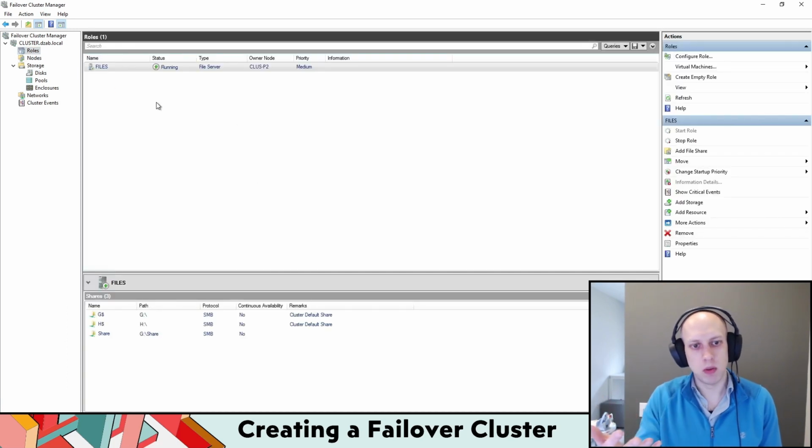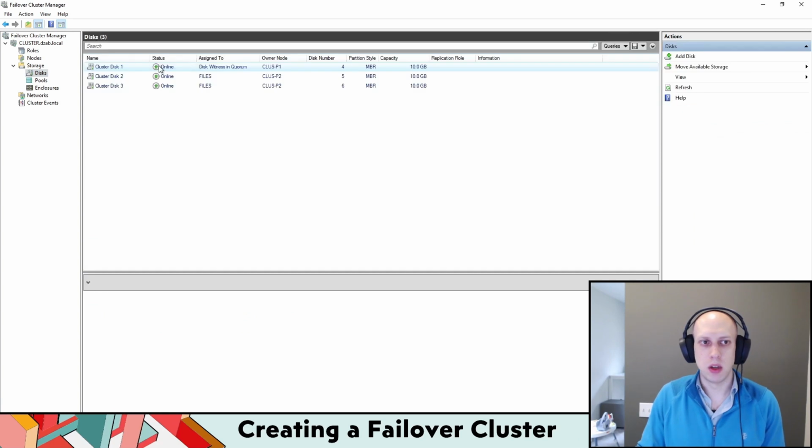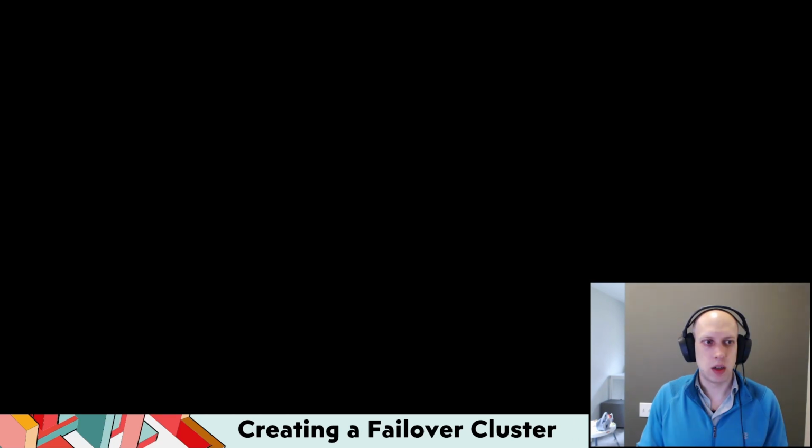Oh, and then we reviewed the cluster quorum and got a little mad because the cloud disk witness didn't work for some reason that I'm not going to research right now. And instead we set up a disk witness instead of the cloud storage account one. So this is the basic overview of creating clusters. If you have any questions, feel free to leave me comments down below, and I will do my best to